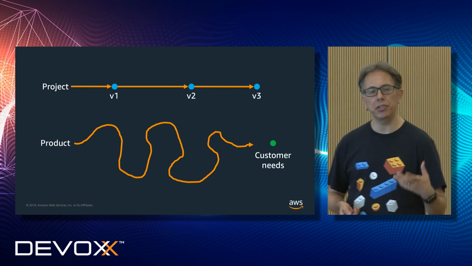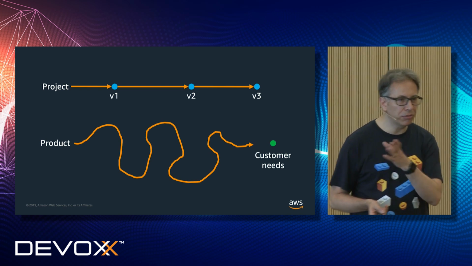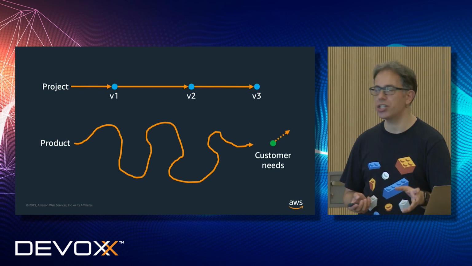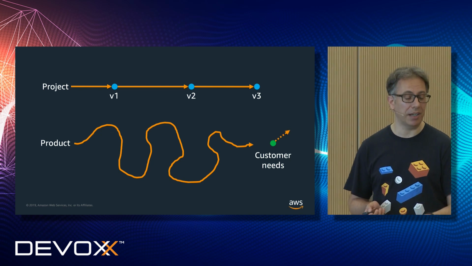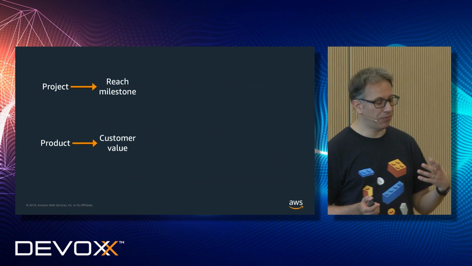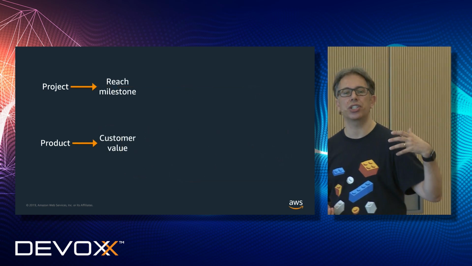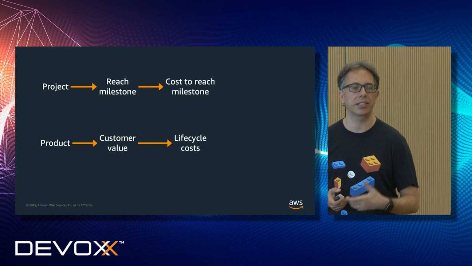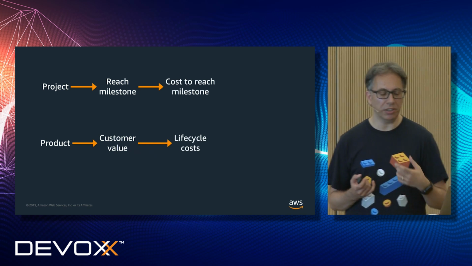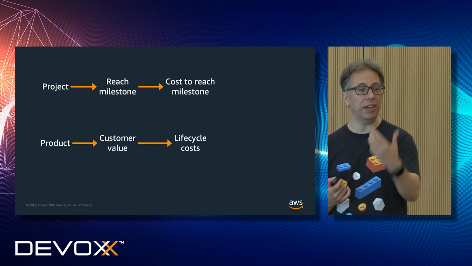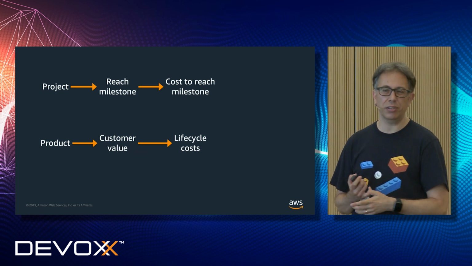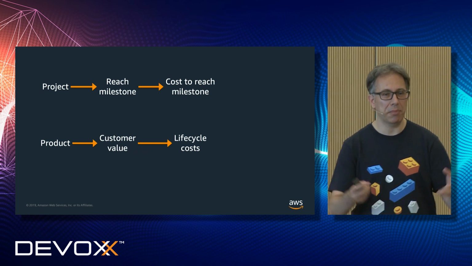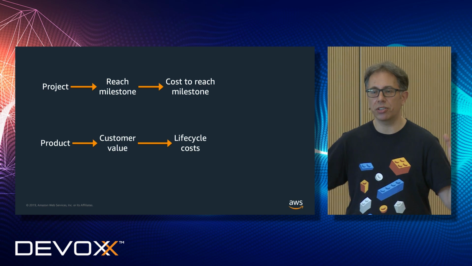Products are different. When you build a product for your customer, you try to follow what your customer needs, and the customer needs always change. So it's something much, much more dynamic. Projects force you to think about how to reach the next milestone, how much time and effort I need to reach the next milestone. Products force you to think about how I can create value for my customer, and also force you to think into the life cycle of the product, not of the project. So if I build a car, the problem is not just building a car.